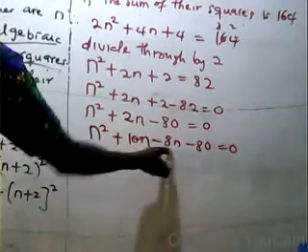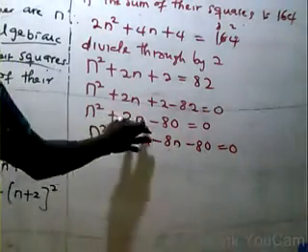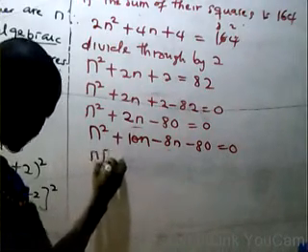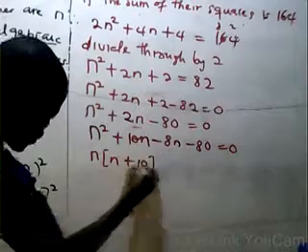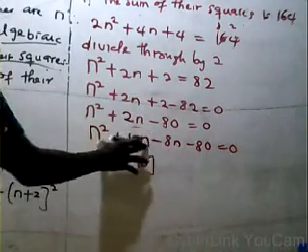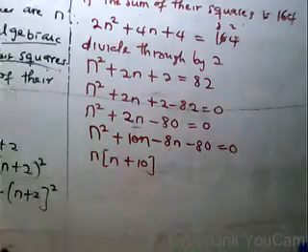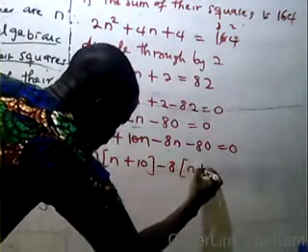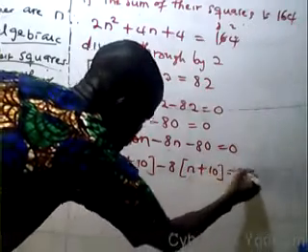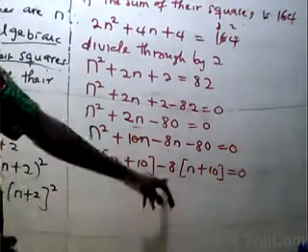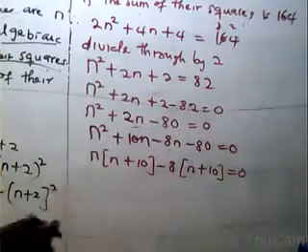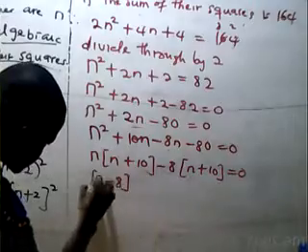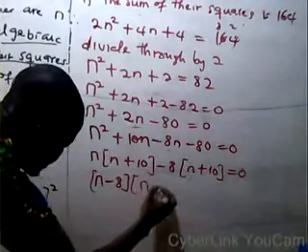You know this will give you this one back, right? So we can now say we have n into bracket n plus 10, because n is common here. So we combine these two also. Minus 80 into bracket n plus 10 equals 0. I've told you earlier that what is here is the same thing with what must be here. So from there we now have n minus 8 into bracket